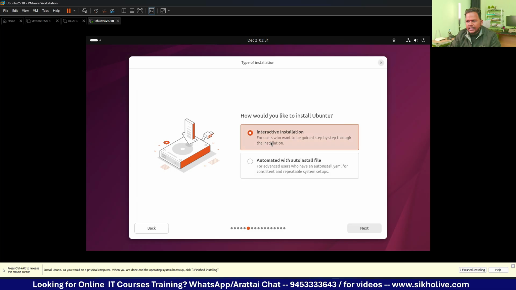Finally, interactive installation or automated with auto install file. Basically interactive installation means you need to follow every step, manual installation basically, and automated means it automatically installs according to a script or program maybe, right? So I'm going to use interactive installation. For users who want guided or manual installation, go with this. If you want just one click installation, go with automatic installation. Okay,